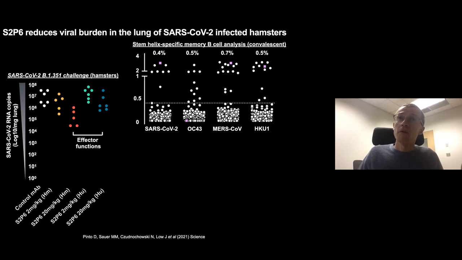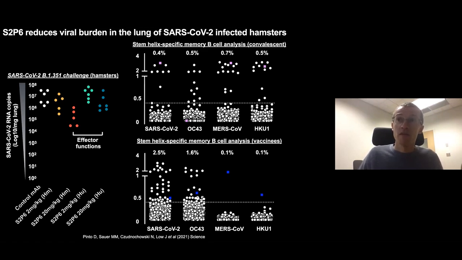One of the limitations with these antibodies is that when we look at their frequency in the memory B cells of infected individuals, we see that they are very rare. Antibodies reacting with the stem helix peptide of one of the 4 viruses shown are present at less than 1% in convalescent individuals, and at most a couple % in vaccinated individuals. So the challenge is that we are looking at antibodies that are much less potent and a lot more rare than RBD-specific antibodies, but with the desired property of neutralizing multiple highly divergent coronaviruses.